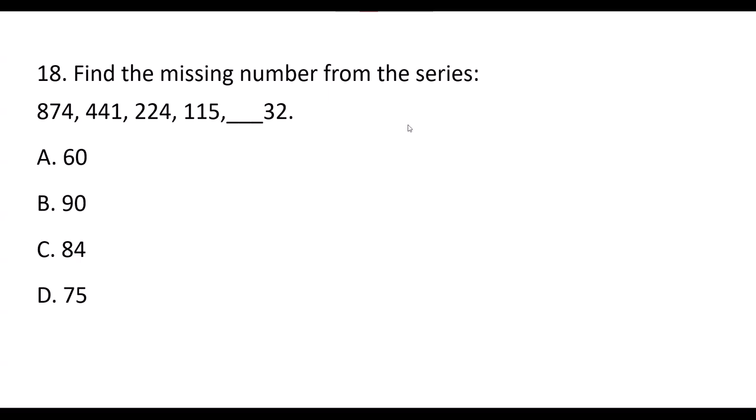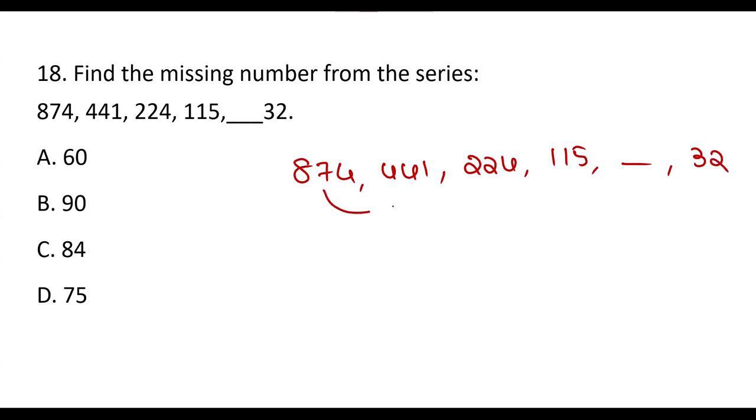Now is it increasing or decreasing? Decreasing series. When it is decreasing, is it fast decreasing or slow decreasing? We have to see. If it is slow decreasing, take the difference between numbers. Then what is the difference here? 433. Here the difference is 217. Perfect. Then here the difference is